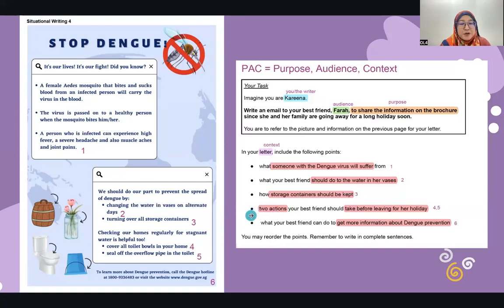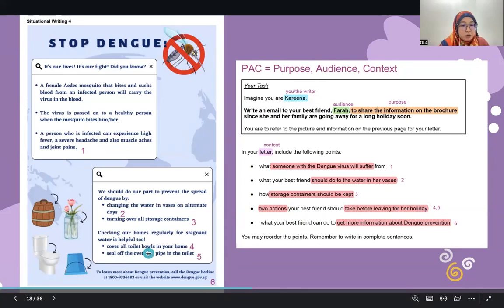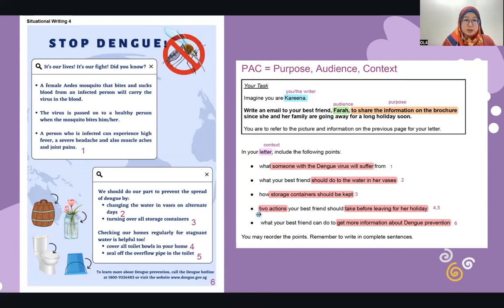And then number 4, you see bullet number 4 that has 2 points. So, which means bullet 4 contains point 4 and 5. So 2 actions your best friend should take before leaving for her holiday. So cover all toilet bowls and then seal off overflow pipe in the toilet. So if the task mentions 2 actions and you only provide them with 1 action, you will lose 1 mark, which makes your writing get 5 out of 6